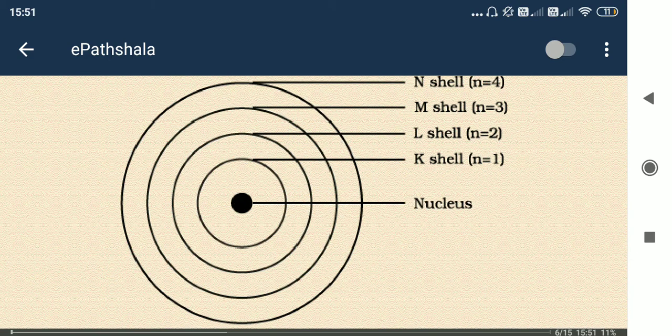Okay, so you can see here naming is done. The orbits are named according to K from the start, then L, M, N, likewise. So small n is equal to 1, 2, 3, 4. So it is the orbit and the principal quantum number. It is the quantum number which describes the orbit nature, meaning in which orbit the electrons are actually located. That is described by small n, the principal quantum number. It could be n equals 1, then K. If small n equals 2, then it is the L shell. Okay, likewise.